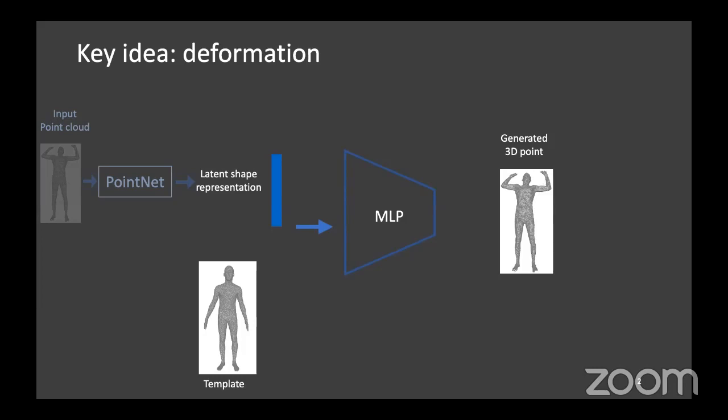This MLP is supposed to deform a common template into a target surface, so it should be conditioned to do that on the target shape and the template. More precisely, we condition the MLP on the target shape embedding, obtained by a shape encoder such as PointNet, and a 3D surface point on the template, such that the MLP, given the target shape embedding,